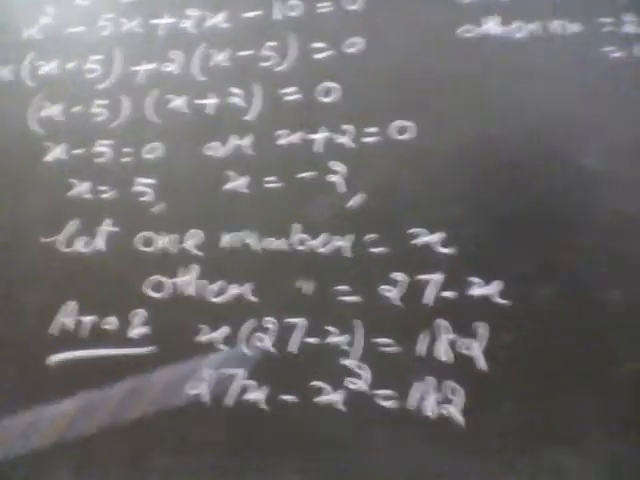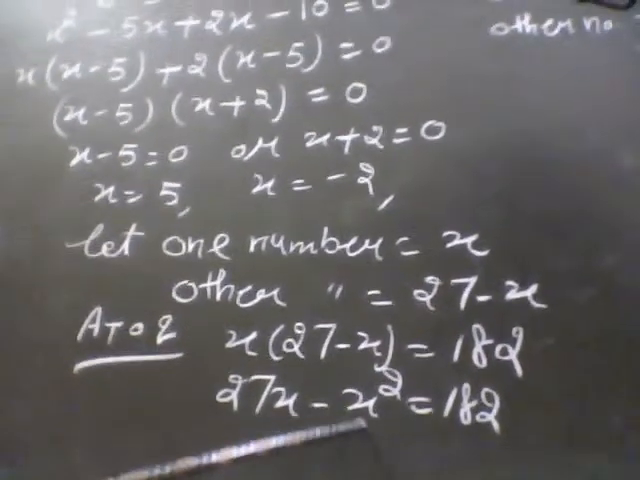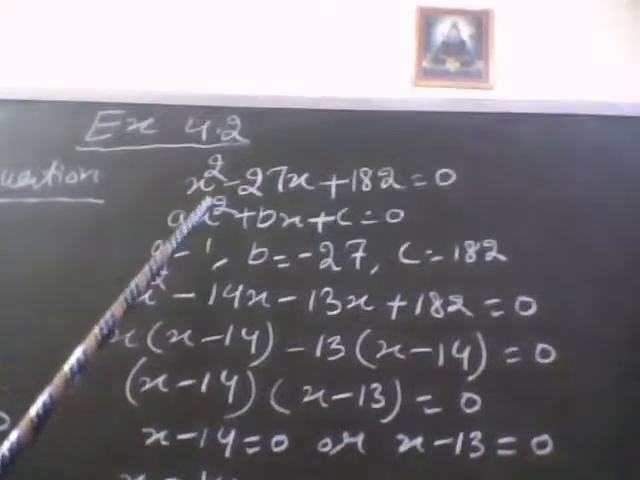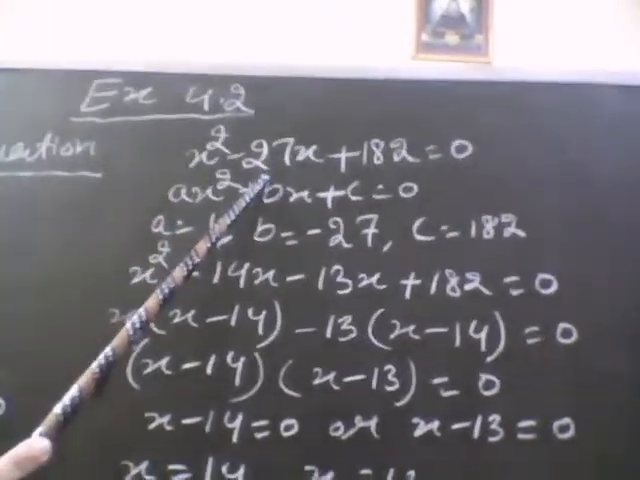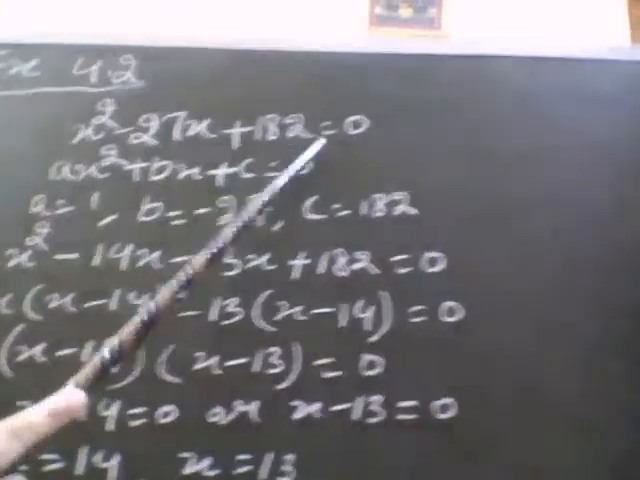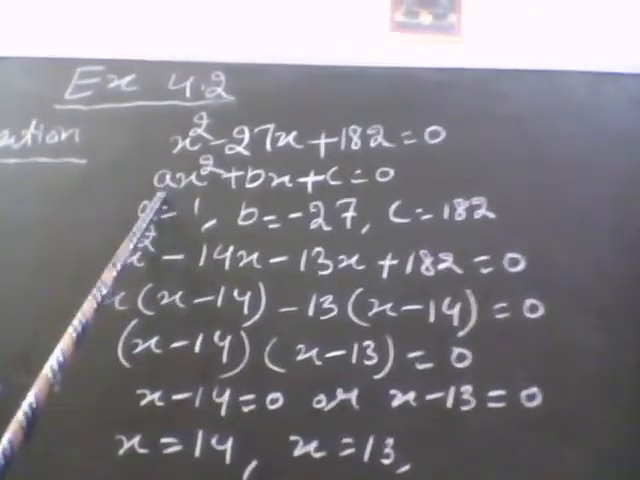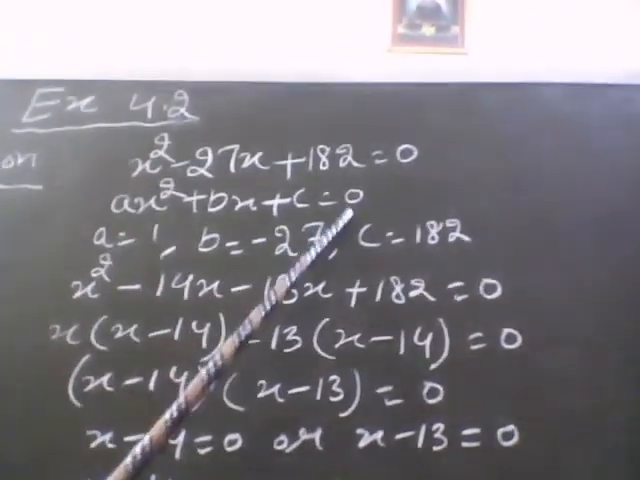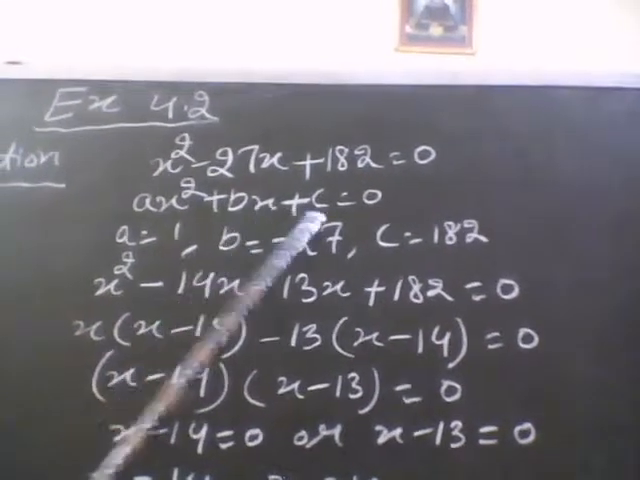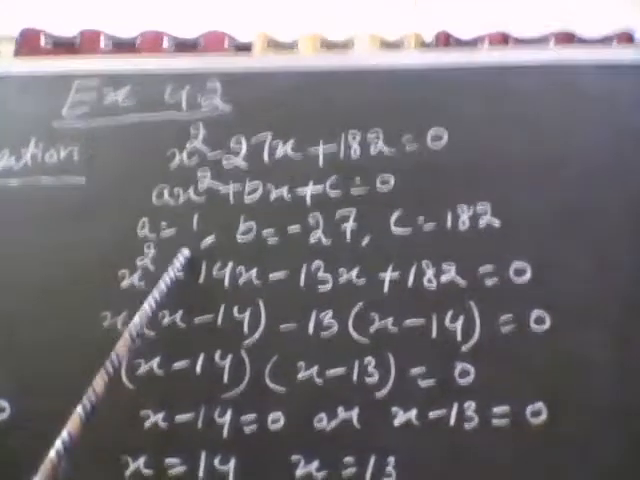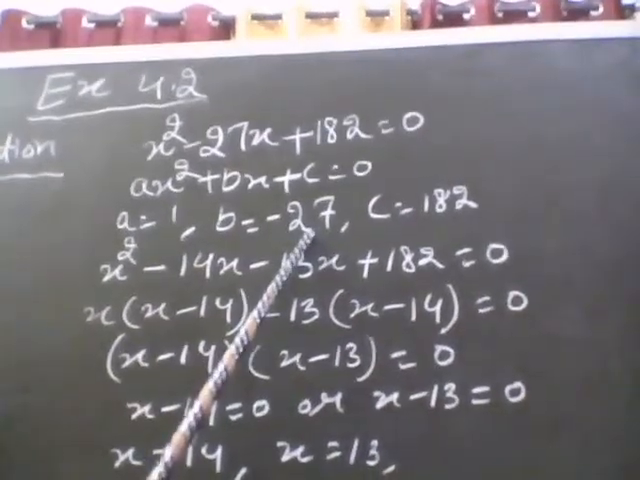Now by multiplying this, we'll get 27x minus x square equal to 182. Now we'll take this to that side. Then we'll get x square minus 27x plus 182 equal to 0. Now again, as in the last sum we have done, first of all we'll write the standard form of the quadratic equation, ax square plus bx plus c is equal to 0. Now by comparing the coefficients, we get a is equal to 1, b is equal to minus 27